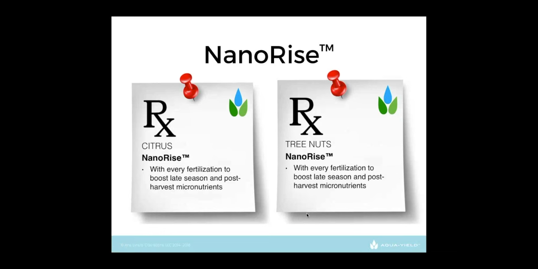One more suggestion I have for you is with late season micronutrient applications in citrus and in tree nuts. Post-harvest is a great time to replace some of those micronutrients. And NanoRise is a great additive, so a grower doesn't have to change the product that they're using. They simply add NanoRise